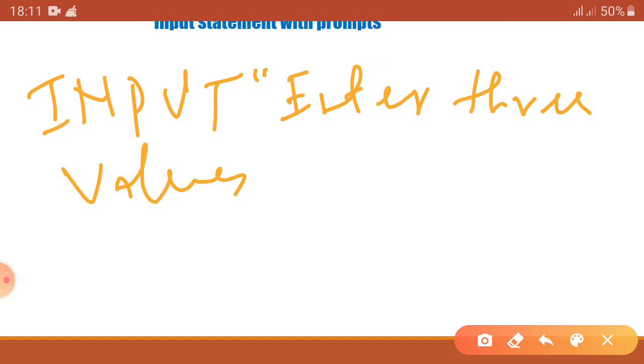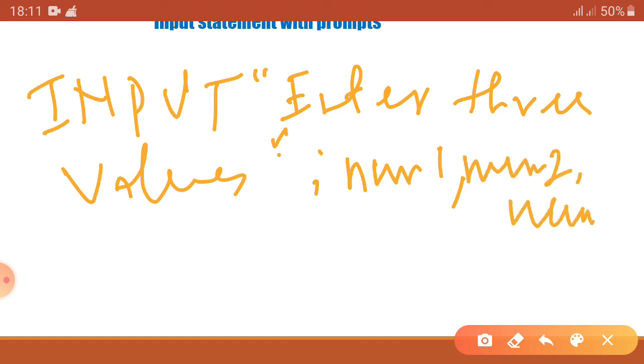Okay, INPUT and then inside the quotation marks enter 3 values, and then a semicolon and then num1, num2 and num3. Okay, got it?